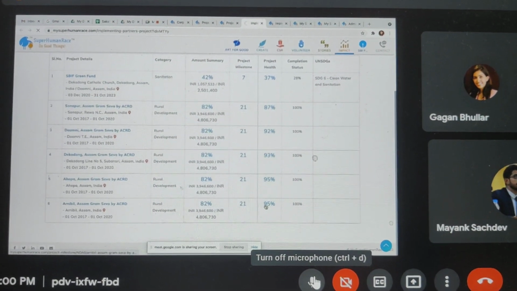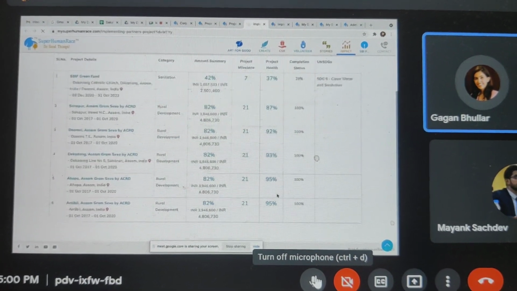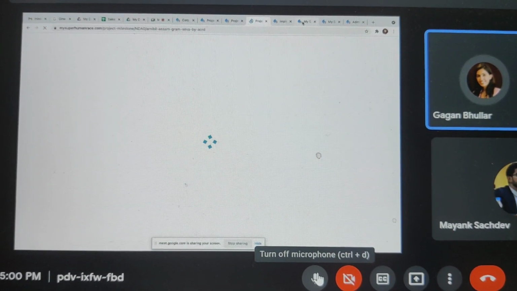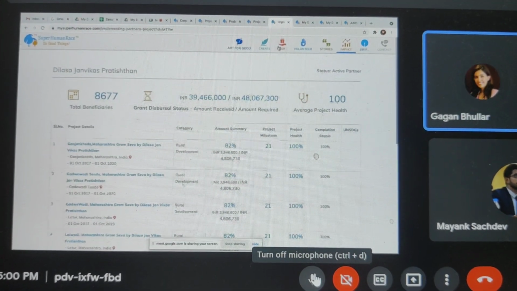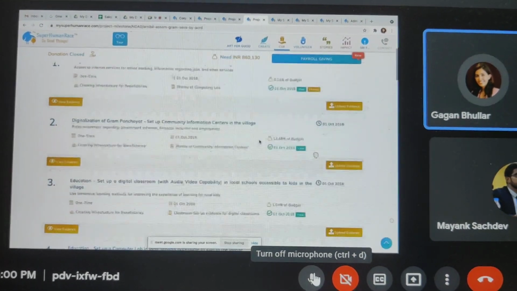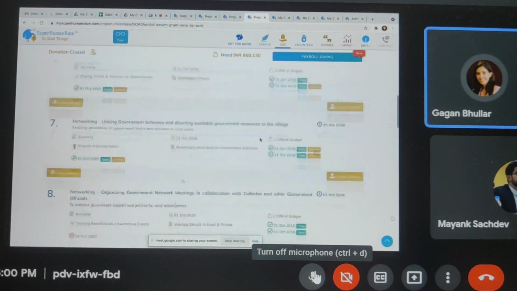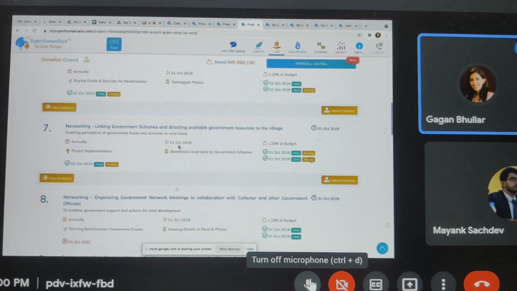Okay. And from here, on the implementing partner KPIs page, you can directly access the project health as well. Even if you're on the unique page for the project, you can get the health from there also. But this is quick and easy because the KPIs are all there, and you see that some project has 60%, 50% health, so you can just quickly click on that and get there.